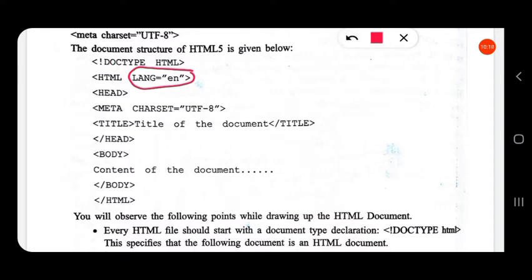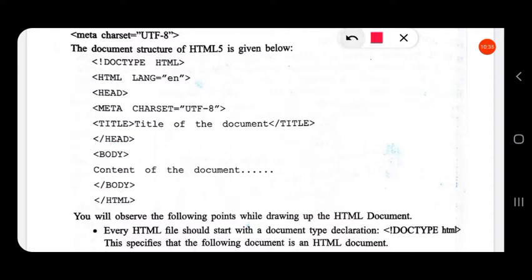Then for every HTML document, the first tag is the HTML tag.